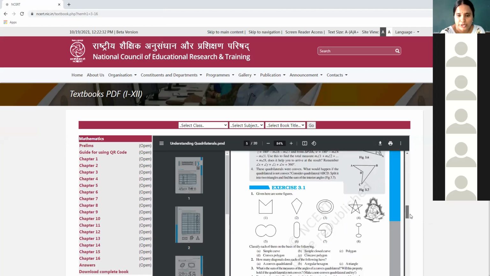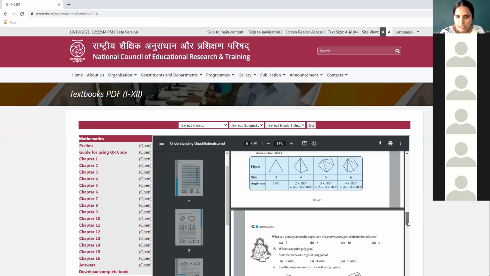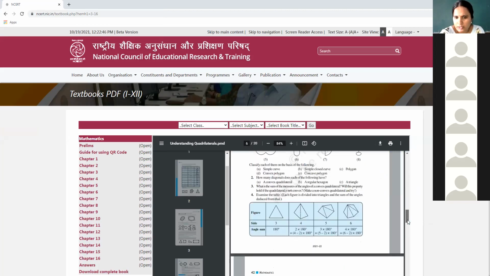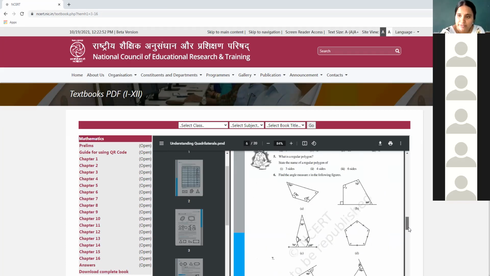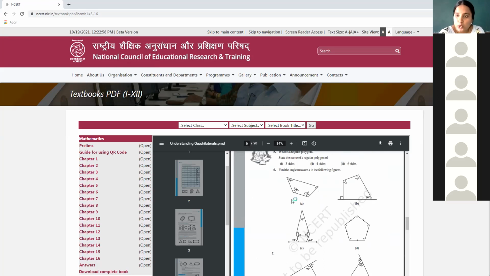So this is exercise 3.1, where the first bit is you are given some examples and you have to check out whether they fall in these following categories or not. And then we have convex quadrilateral and regular hexagon, how many diagonals they have. So these are the topics which we can actually do, but I just wanted you to experience this, where the unknown angle should be found by applying the angle sum property of the quadrilateral. Okay. So shall we do this?